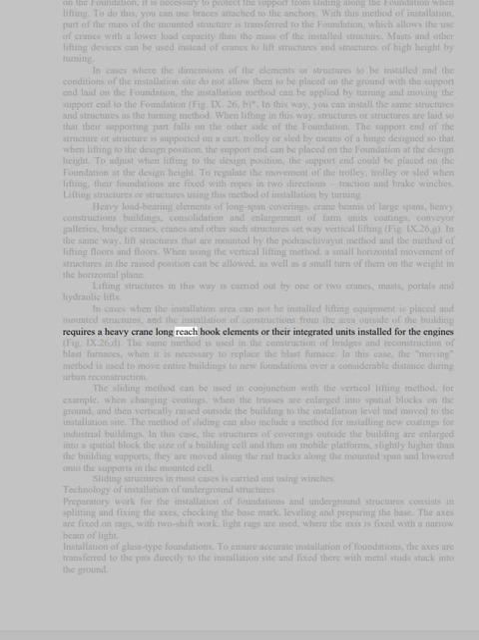requires a heavy crane with long reach hook, elements or their integrated units installed for the engines. Fig. 9.26d. The same method is used in the construction of bridges and reconstruction of blast furnaces, when it is necessary to replace the blast furnace. In this case, the moving method is used to move entire buildings to new foundations over a considerable distance during urban reconstruction. The sliding method can be used in conjunction with the vertical lifting method, for example, when changing coatings,